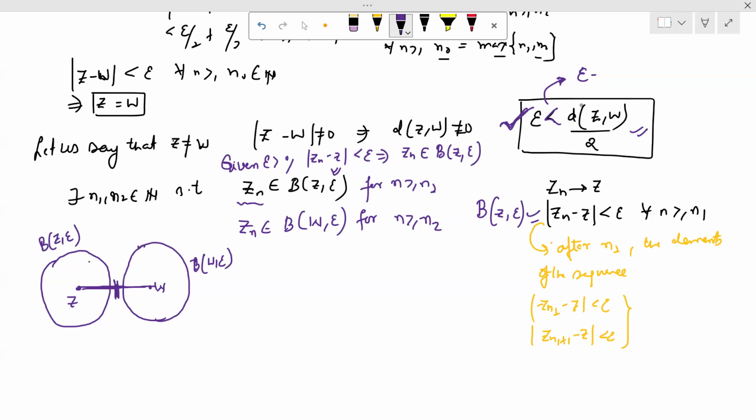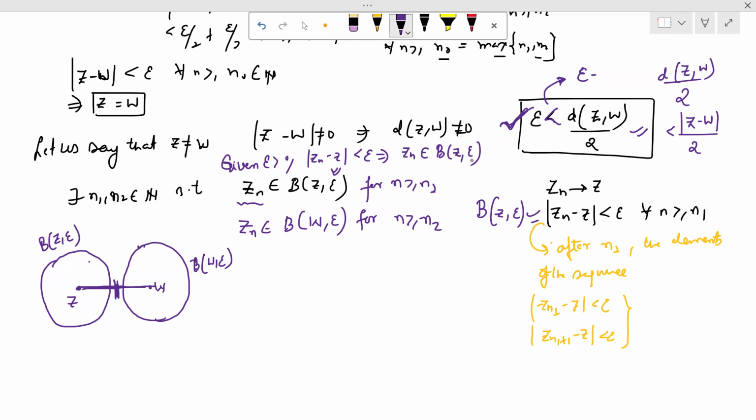Let epsilon be something which is less than the distance of Z and W divided by 2. So what I've done is I've chosen epsilon in a certain way, which is nothing but the modulus of Z minus W divided by 2, and less than that. So for every given epsilon, if the limit of Zn tends to Z, then for every given epsilon, the modulus of Zn minus Z can be made less than epsilon, which implies that Zn must be contained in an open ball centered at Z